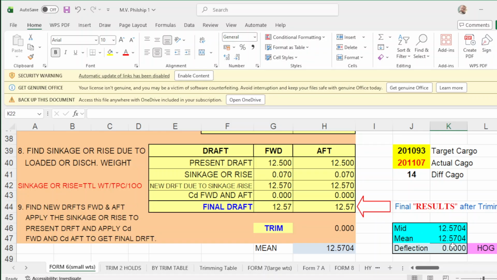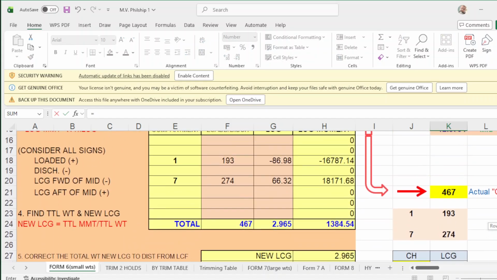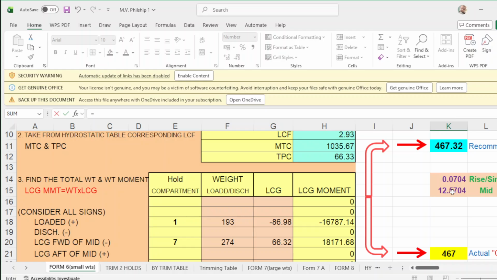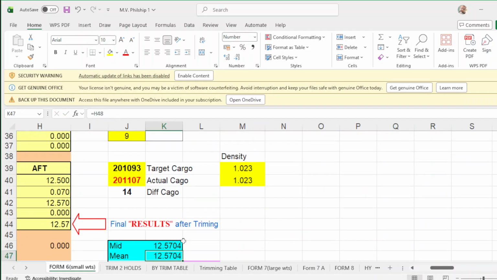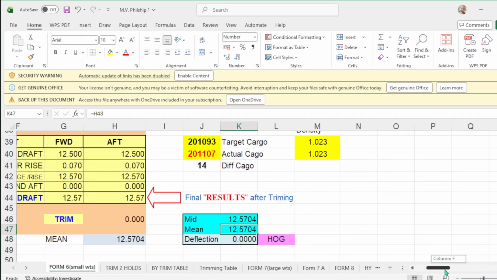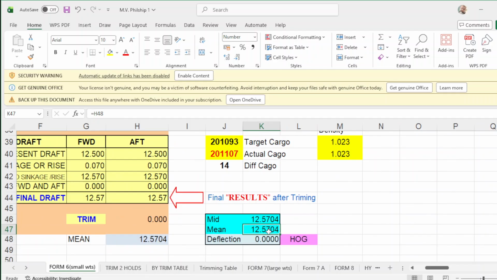How did I get this mid drop? Mid drop, you put equals, you go up, this will be your mid drop. When you load this amount, this will be your mid drop. Press enter, and your main drop, put equals, this will be your main drop, and your deflection is 0.